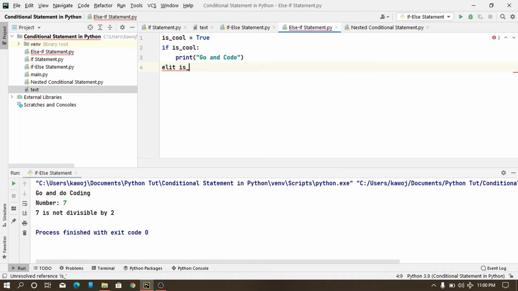Is cool is false, right? We got an error here because we can't use this. We can only use this, sorry, this is it. Okay, this is actually my error. Elif is cool, so we can use is. Sorry about that. So if is cool is false, then